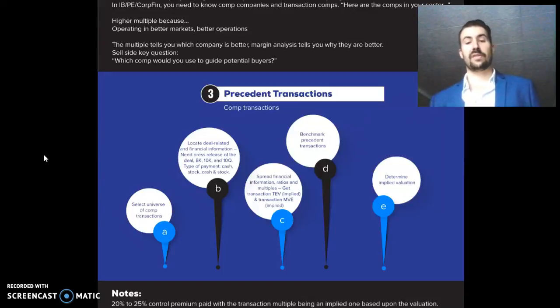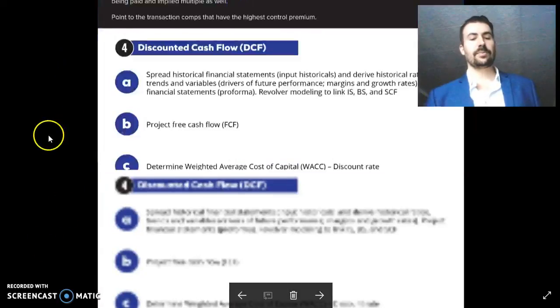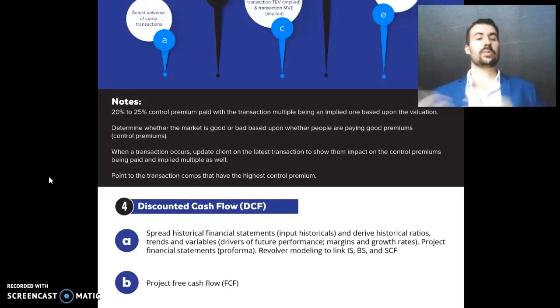Then the fifth is to determine the implied valuation based upon the information that we've gleaned from the comparable transactions applied to our target. The important things to notice here are the 20 to 25% control premium paid, with the transaction multiple being an implied one based upon the valuation. So we determine whether the market is good or bad based upon whether people are paying good premiums, control premiums,